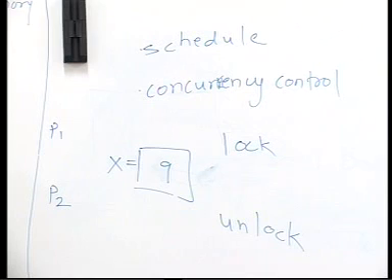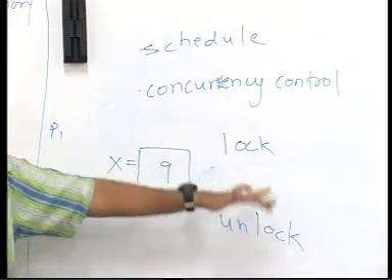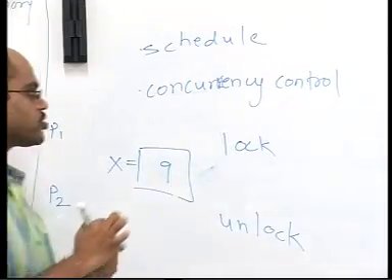Suppose another process locks. So there should be a sequence of these two operations and so on. We can have a lock directly. But even with this focus on the lock,